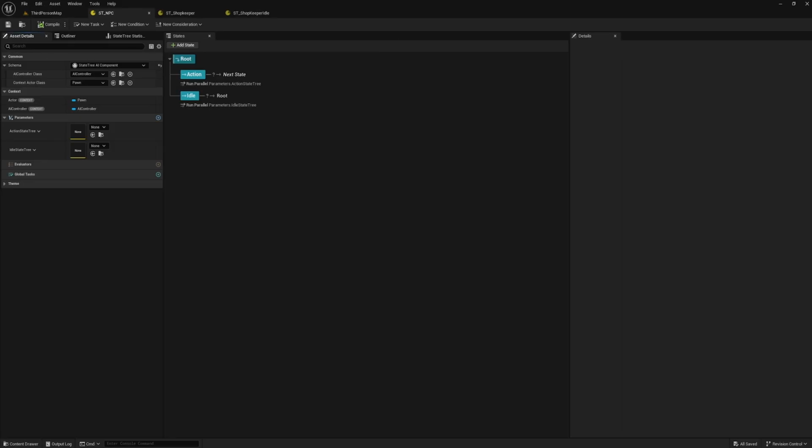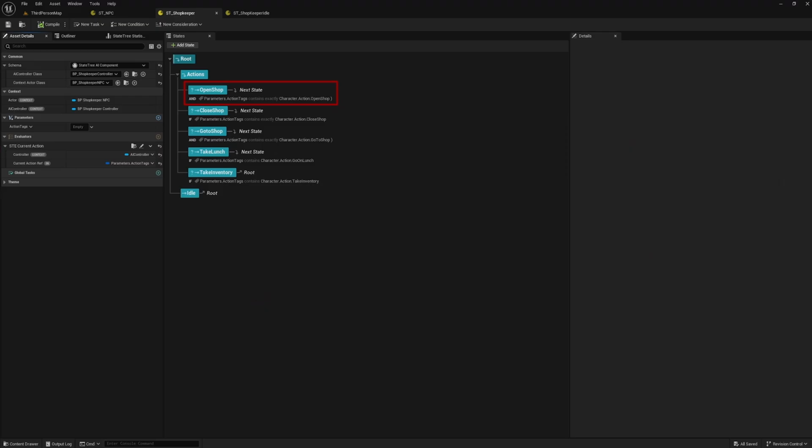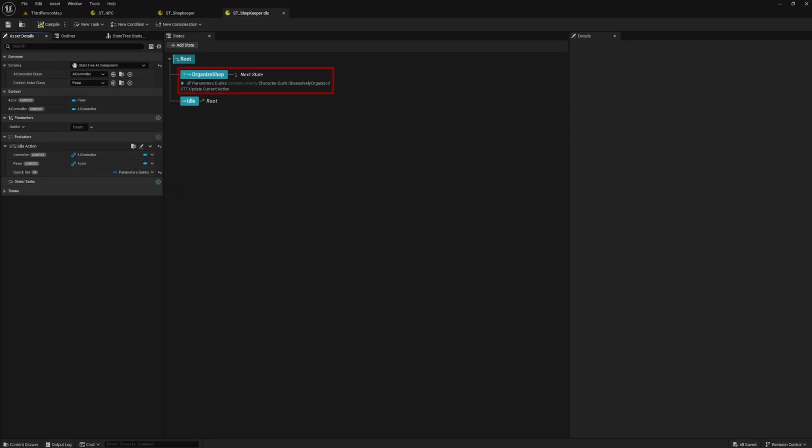Morton's behavior is driven by a state tree that first checks if a scheduled action exists from the time-aware component. If an action is set, like open shop, the state tree executes that behavior. If no action is specified, the system defaults to the idle state, which then evaluates Morton's character quirks to determine an appropriate behavior. This creates naturalistic fallback behaviors that reflect the NPC's personality, rather than having them simply stand still